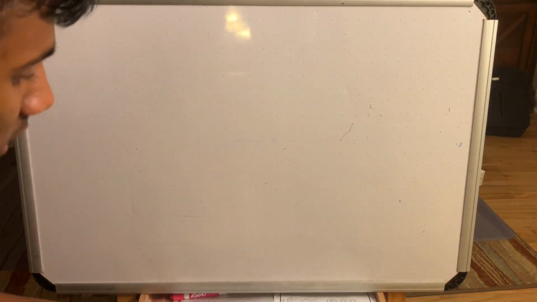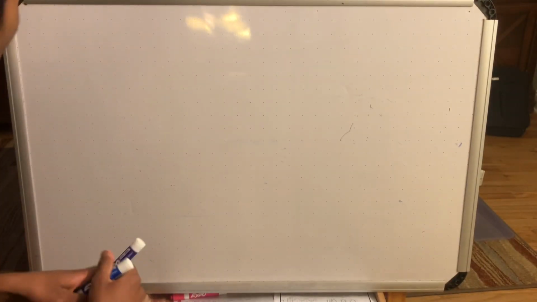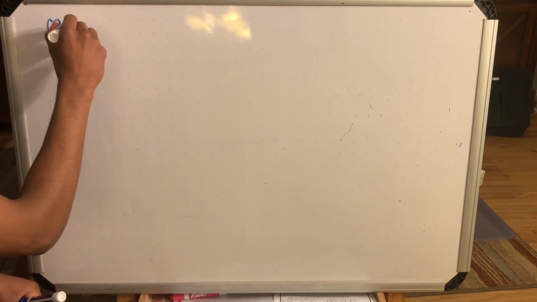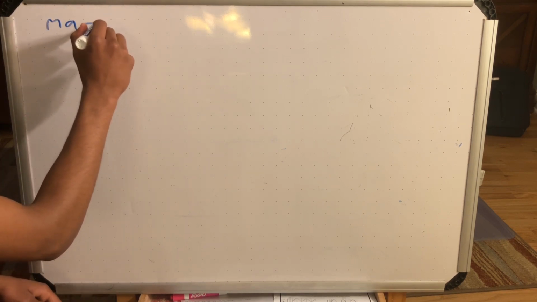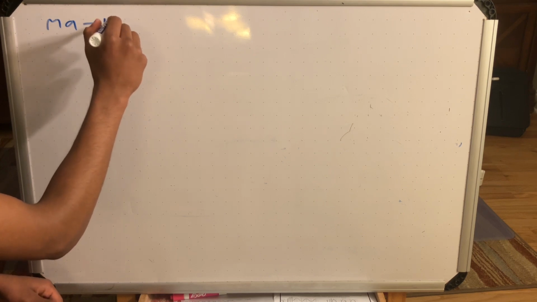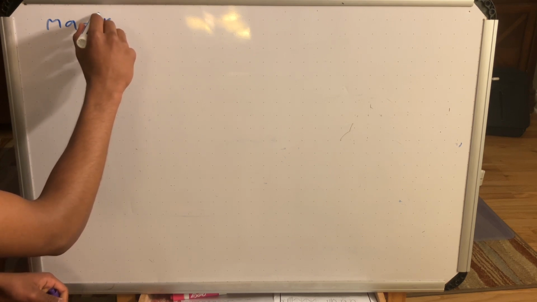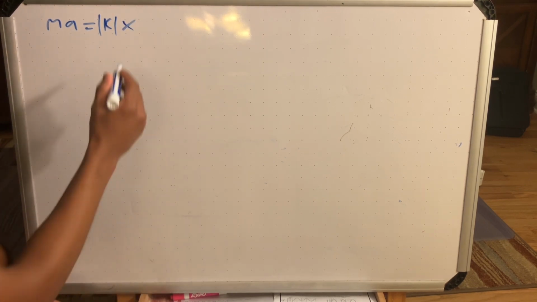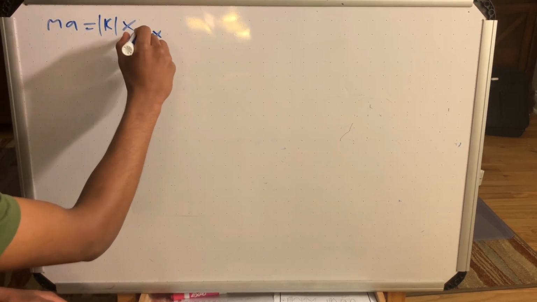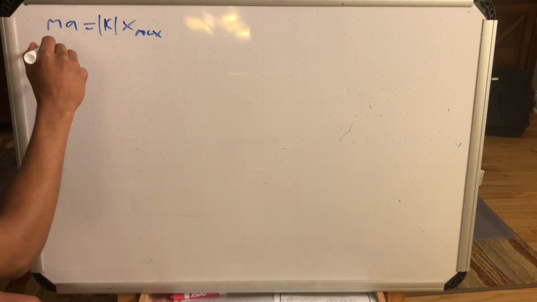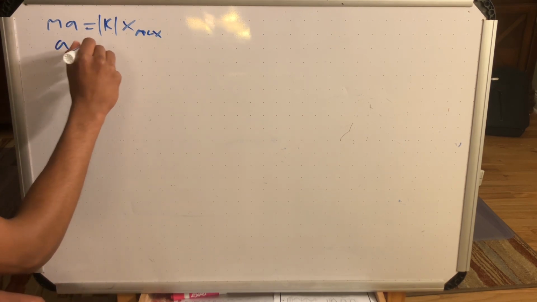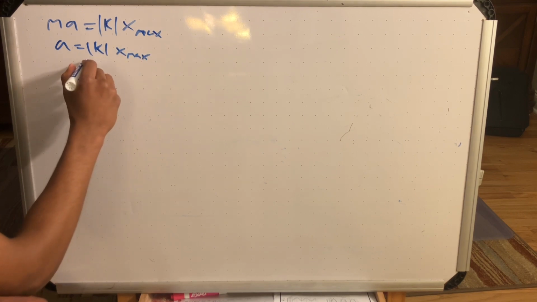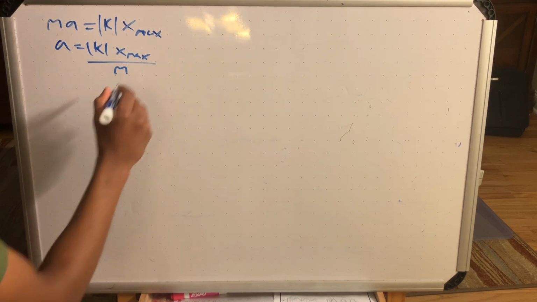What I did was the mass times acceleration equals the spring force of the spring times the maximum distance that the spring oscillates from. So the maximum acceleration would be the absolute value of k times x max divided by the mass of the